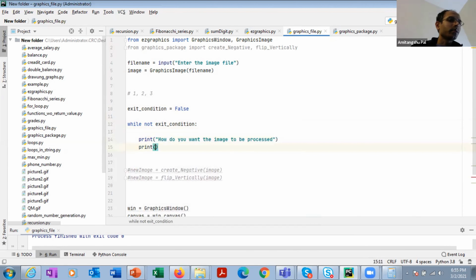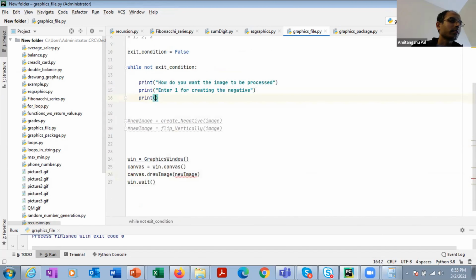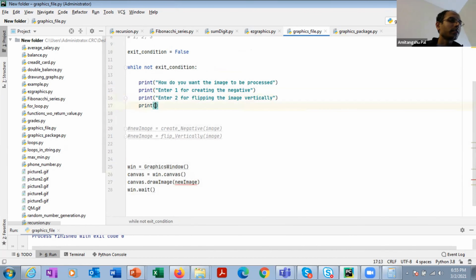And then it is also going to tell you to enter 1 for creating negative, enter 2 for flipping the image vertically, and then enter 3 to exit.